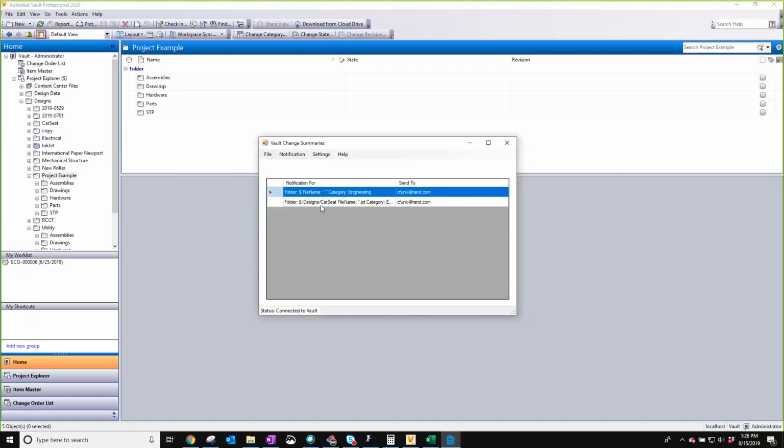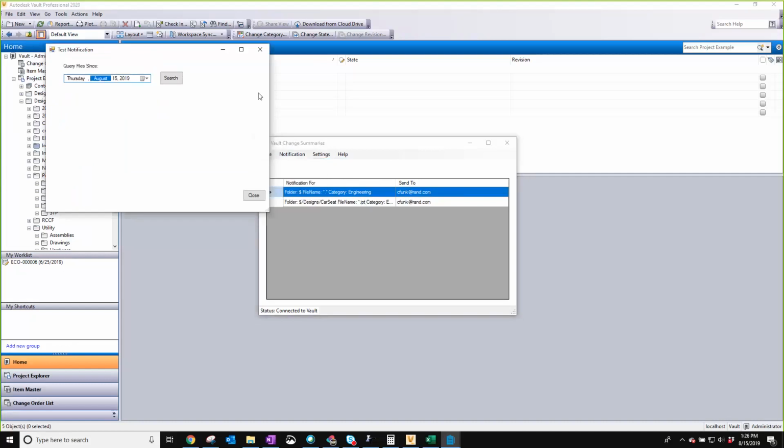We'll add that. So now I've got it where, as it takes a look at it, if something updates and changes, I've got my email set up so that it's automatically going to email me and let me know a change has occurred in there. Now I have this other one. I'll just do a quick test on this other one that I have to give you an idea of what